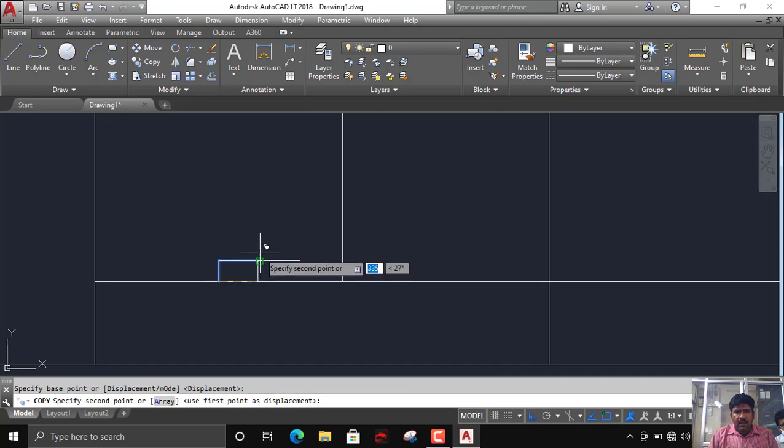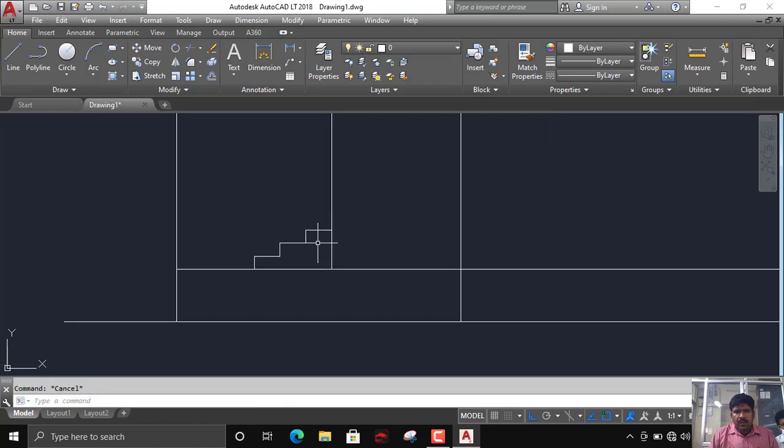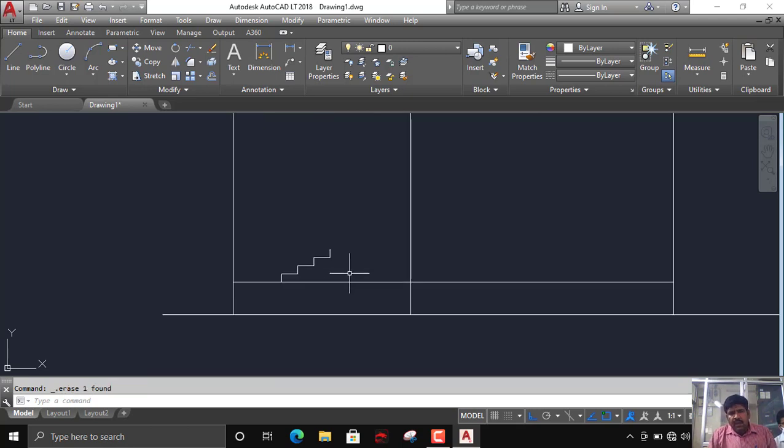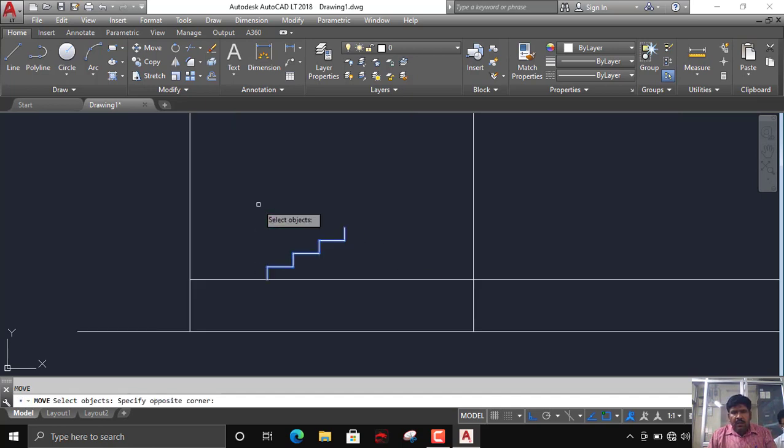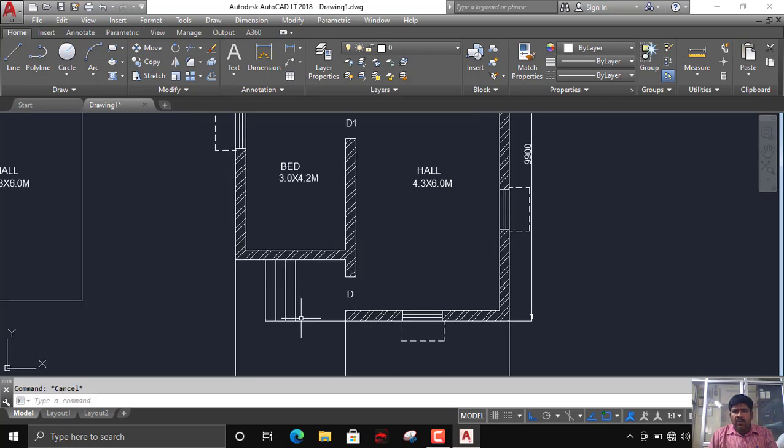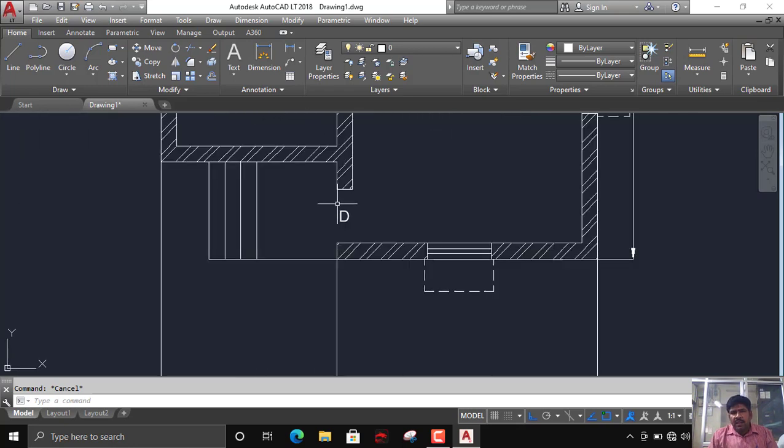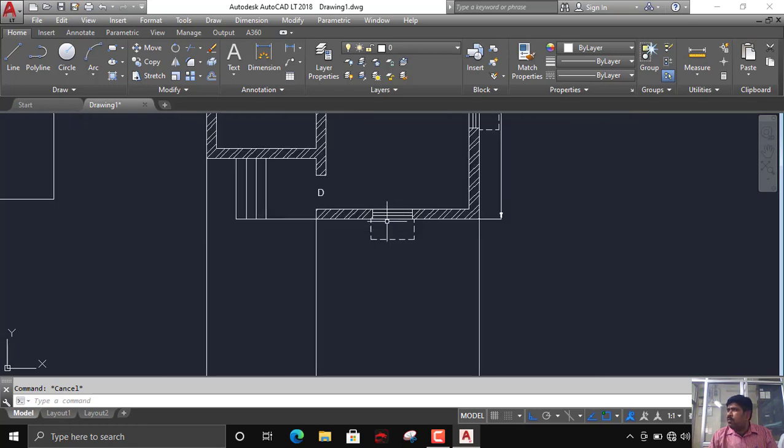Just I will copy this. These are the steps. But I have drawn above plinth level, but actually it should come from ground to plinth level, so I'll just move the steps down. If you look at it, you will have steps, and behind whatever wall plinth level they are visible, and here there is a wall that will be visible. The door is here, door is not visible, but you can see this window.